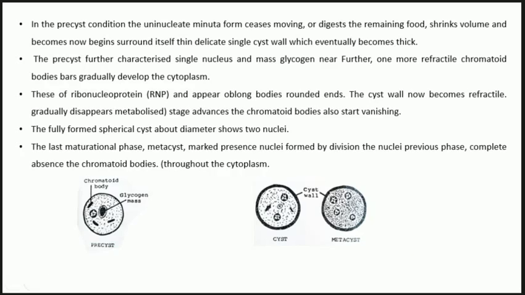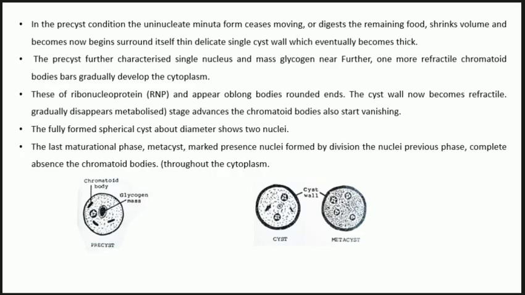When the precyst is stained with iodine it appears dark brown, and the chromatoid body is unstained. However, it can be visualized as a dark body stained with iron hematoxylin. Now the disappearance is more apparent than real, the RNP merely becomes dispersed. Rarely does the metacyst contain 8 nuclei, which are found somewhat smaller, okay, 4 or 8, 4 is typical. The quadrinucleated metacyst is passed out of the host body, remember, and becomes infective